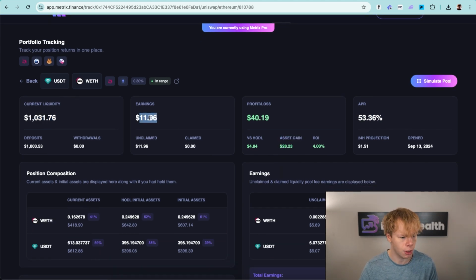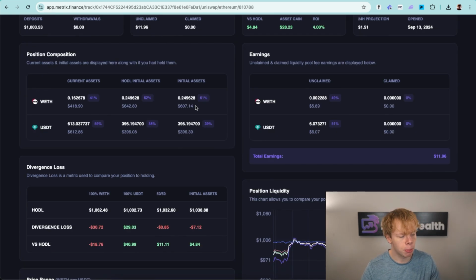Additionally, we have about $12 of earnings, which obviously isn't a lot, but this was a $1,000 test position. And when you divide that $12 in earnings by the time that we've been deployed in the position, and then you find how much that comes out to annualized and create an APR out of that, that's where this 53.3%